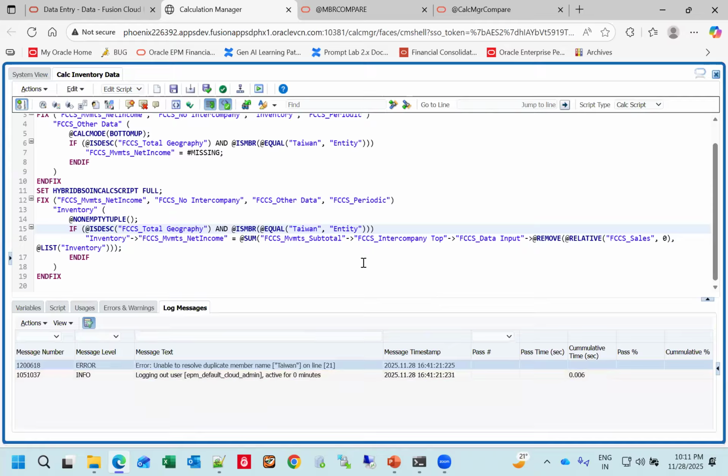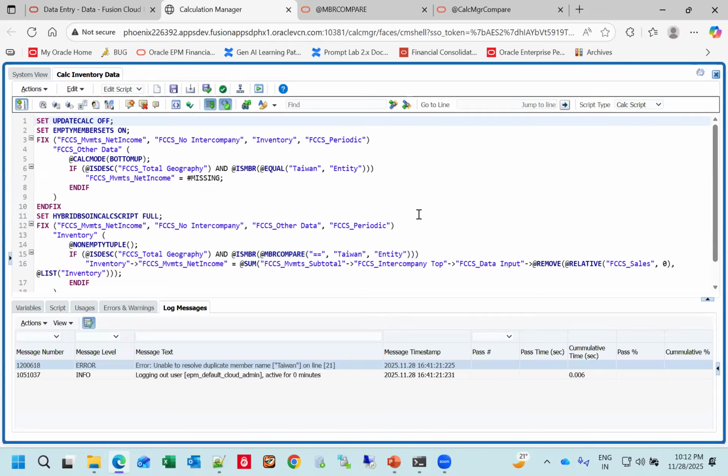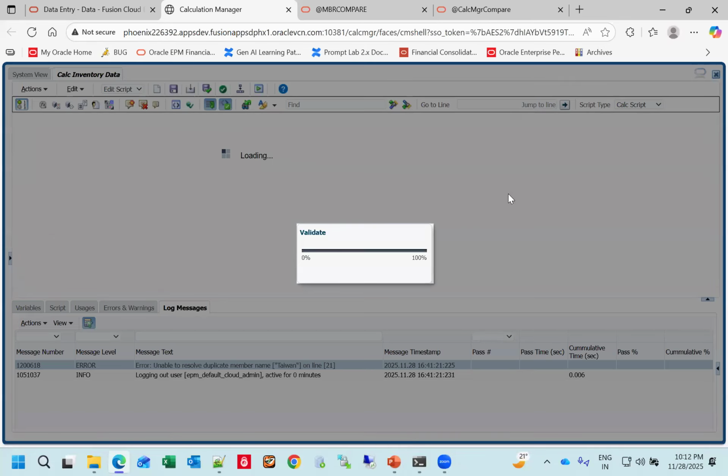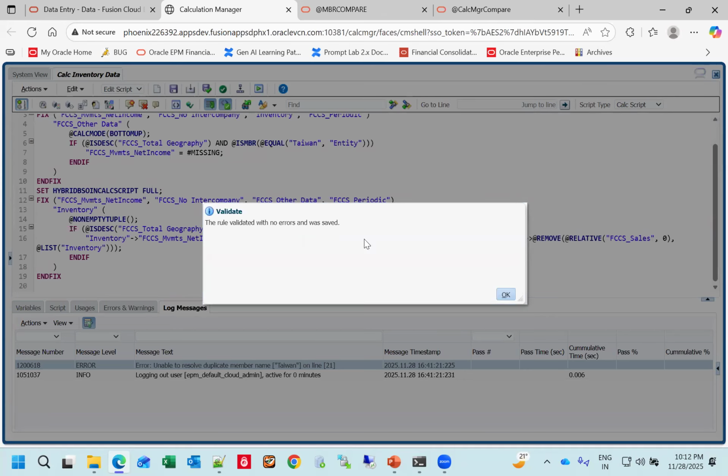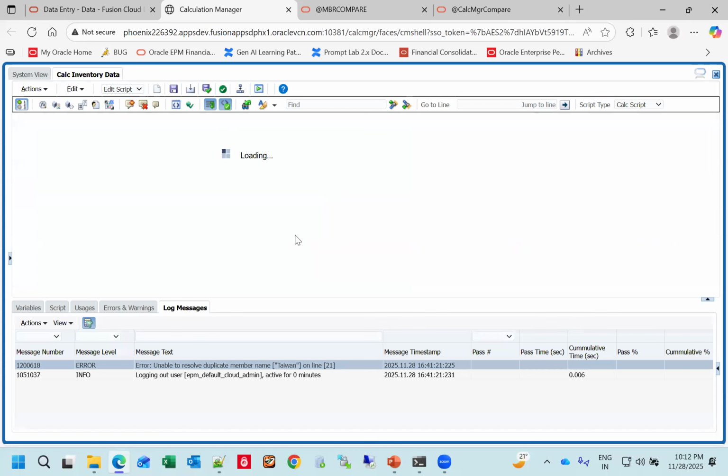The first alternative is to use member compare, and we'll be using the first parameter as double equal. Let us save, validate and save. So the validation has gone through fine. And now let us try to